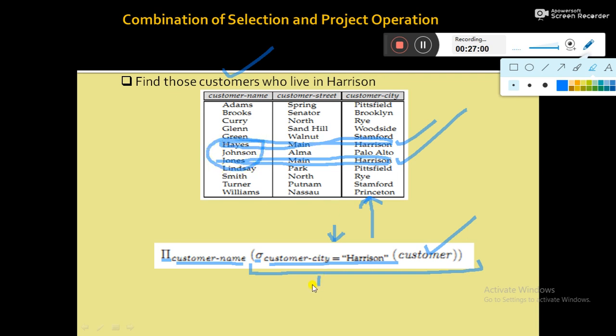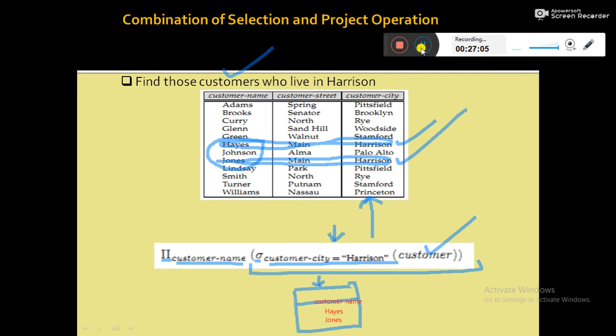So what will be the output? After executing the total query, we will get a modified relation, and the scheme of that relation is only one attribute. The attribute is customer name, and the domain consists of two values, one is Hayes, one is Jones.